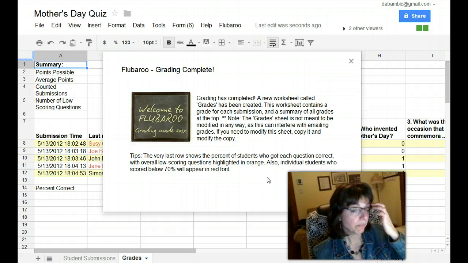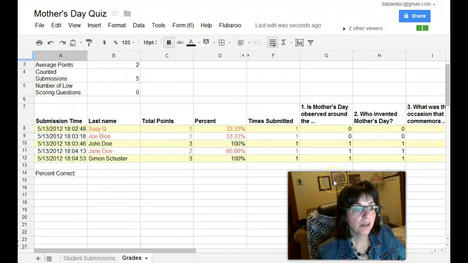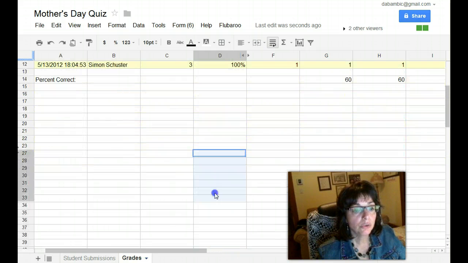Before I show you the spreadsheet, I just want to point out to you here that it tells you that the low scoring questions are highlighted in orange, and anybody who scores underneath 70, that score will appear in a red font. And so let's check out the grades. So Susie Q, well, she doesn't know too much about Mother's Day, so she has a problem, or her mother does. Joe Blow, not doing so well at 33%. Now, John Doe, he did well. So here you see the total score, and you also see